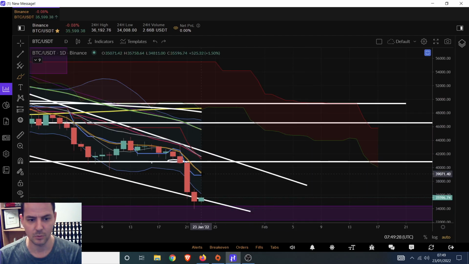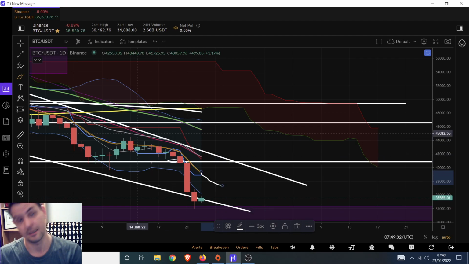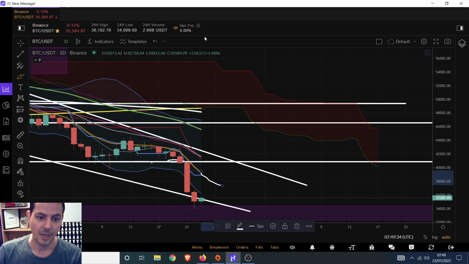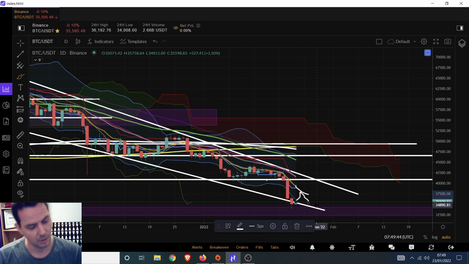So it would be reasonable to assume that as this moves down, which it will be moving down quite fast because it's a 10 exponential, then if we do get sucked back into the Bollinger Band and we do have an okay reaction, it's there that we will find the rejection back down to probably lower lows.